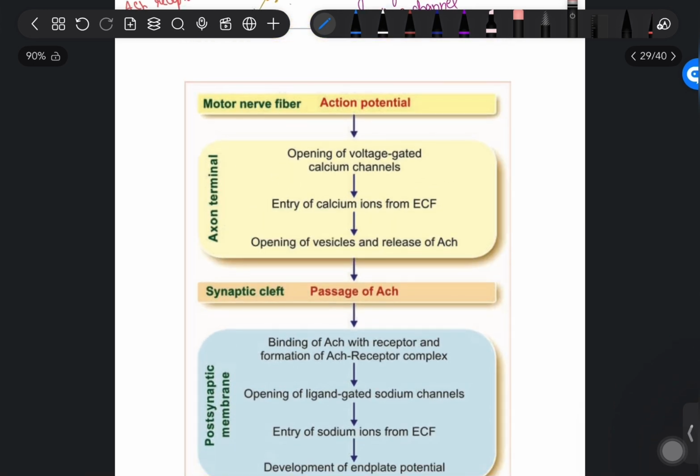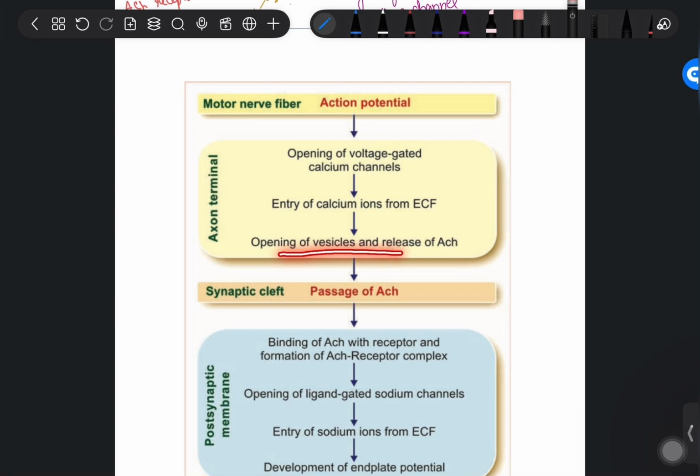We will discuss very briefly, in a short way, what events occur and where they occur. First, in the motor nerve fiber, the action potential develops. This action potential reaches the axon terminal, and in the axon terminal it opens the voltage-gated calcium channel. Those calcium ions enter from the ECF into the axon terminal, and these calcium ions